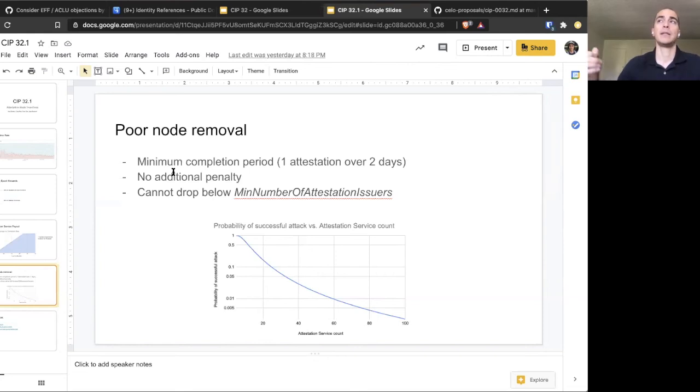At any point in time, the operator would fix the service and then be able to put it back into rotation just by associating it again with their validator. And then as a safety precaution, we're also going to set a minimum number of attestation issuers. This is to ensure that, let's say a large number of folks were being removed, we don't want this number to drop below a certain threshold, because that affects the integrity of the